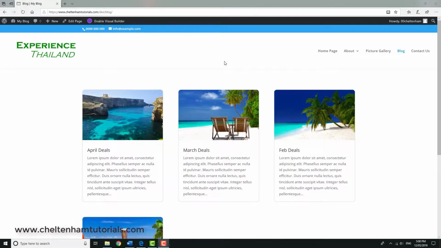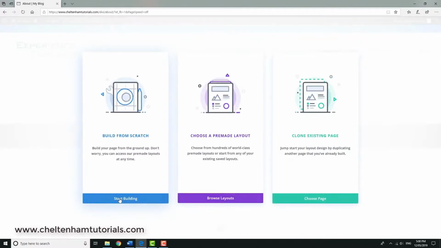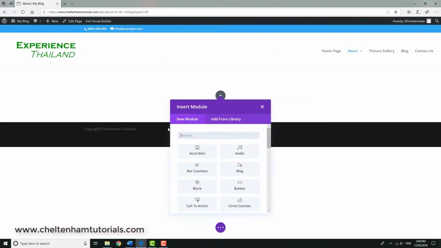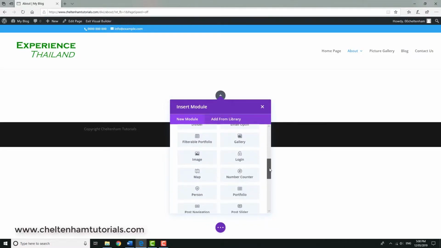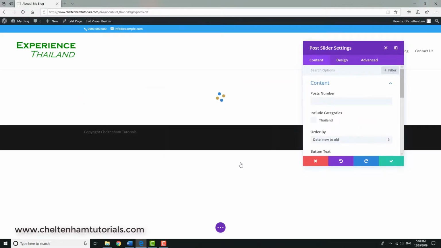Now we've created some posts and we've created a blog page, which we can see here. What I'd like to do now is click on the About Us page, and I'd like to put a post slider on here. So if I enable the Visual Builder, and I'll start building from scratch, and I'll choose the default, and if I scroll down, you've got this thing called Post Slider. So if I click on this,